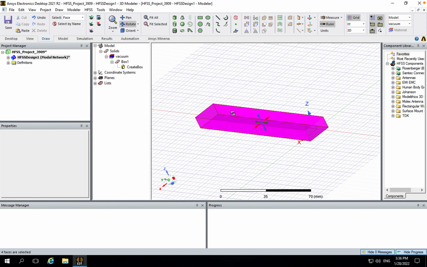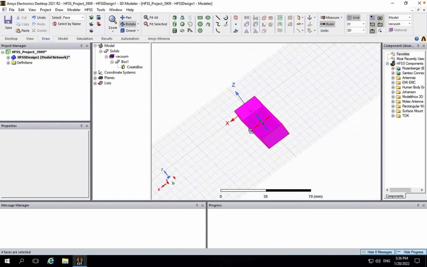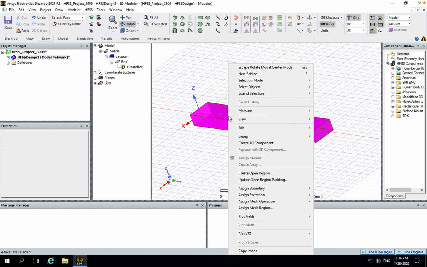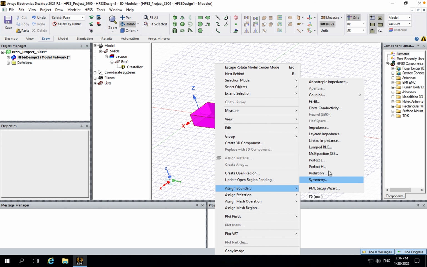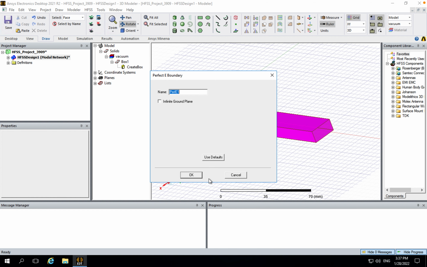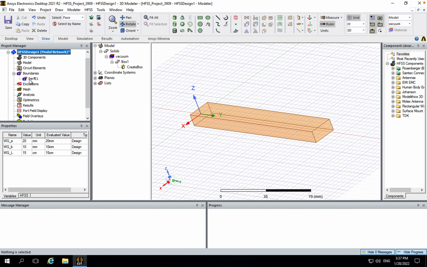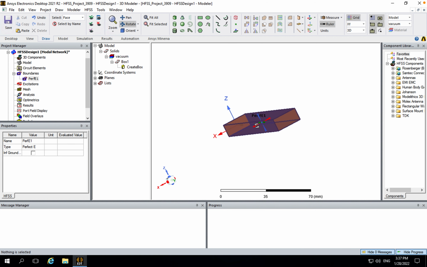So what I've done here is I've selected the 4 faces of the waveguide, as you can see here. And what I will do is I will set those faces as perfect electric conductor boundaries. So if I right click, go under boundary and then perfect E and then OK. And what I've done here, if you click on the design, is I've created a perfect E boundary for the 4 faces that I have selected. So these will be the